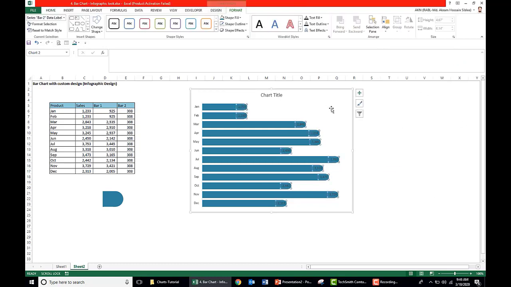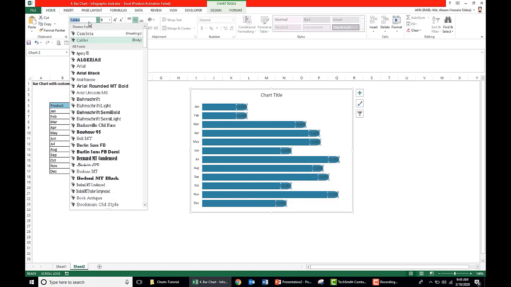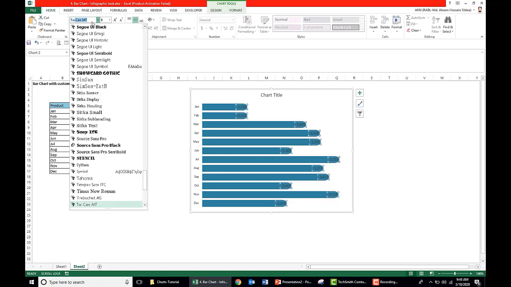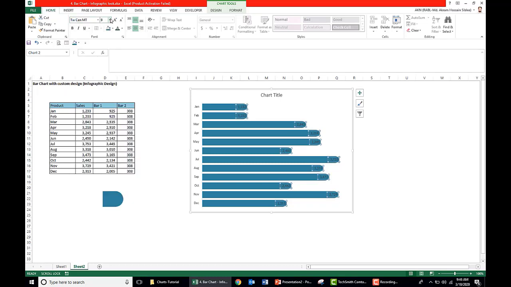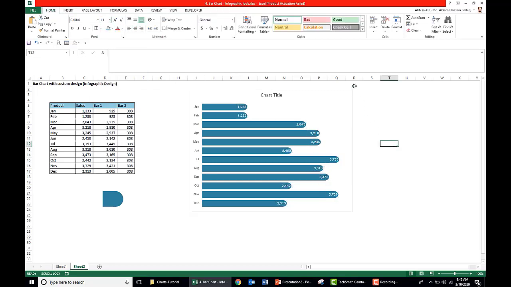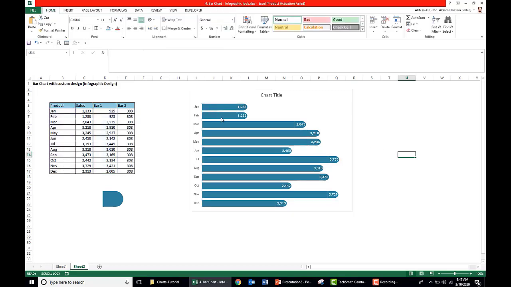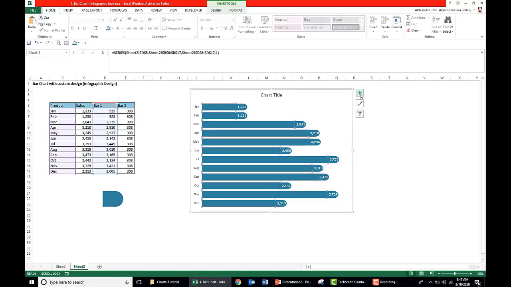Select it. Now select the data label, go to home, take font as TW Cen MT and take size as 10 and choose white color. Now we want to give this month name at the end of each bar, not here, to look like an infographic view. We just select the second part of the bar here, go to chart elements, data labels.